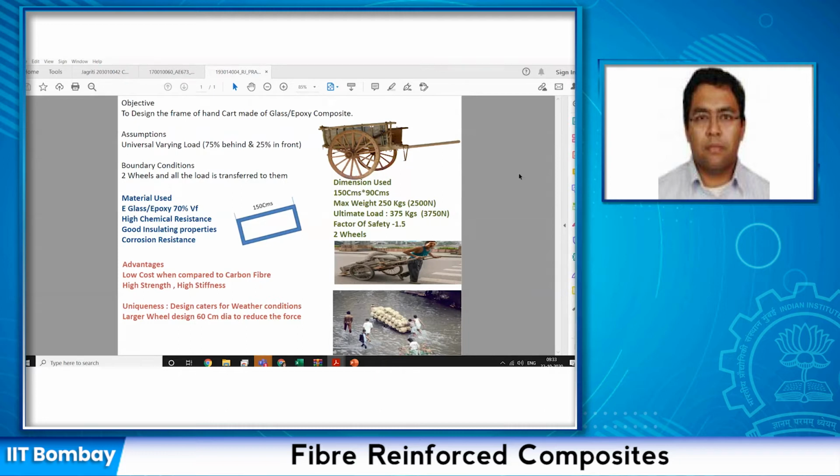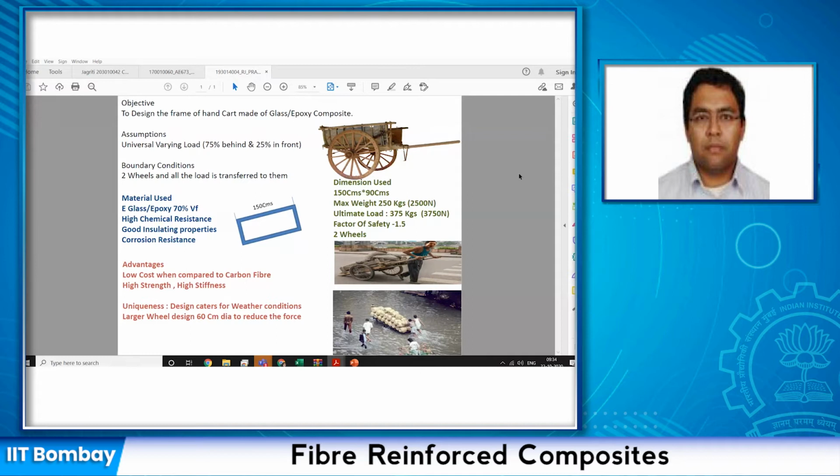One of the primary reasons why I decided to use glass was its high chemical resistance and good insulating properties, and also the C glass has corrosion resistance. In a place like Bombay, there are high temperature variations, for example very high rainfall, summers going up to around 40-45 degrees Celsius, and mildly extreme winters. So I wanted a material which has an advantage over wood. Wood generally has the disadvantage that it keeps warping, and during heavy rainfall it starts sagging. Based on that philosophy, I decided to go for glass.